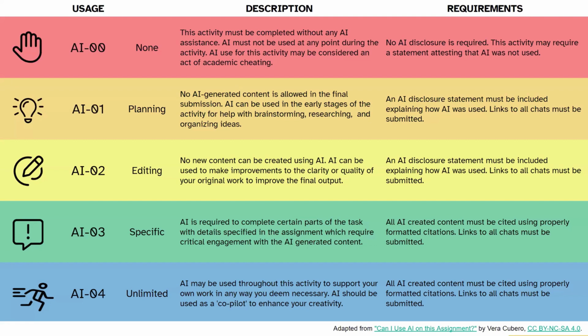So I tell them what they can do, right? Tell them what they can't do, right? And then I also tell them if you do use AI in accordance with what I said you can do, this is what you also need to do. Basically, it's pretty much the same thing. You've got to give me a statement explaining how you used AI for this assignment. And then you've got to provide me with the links to the chat, or chats, that you engaged